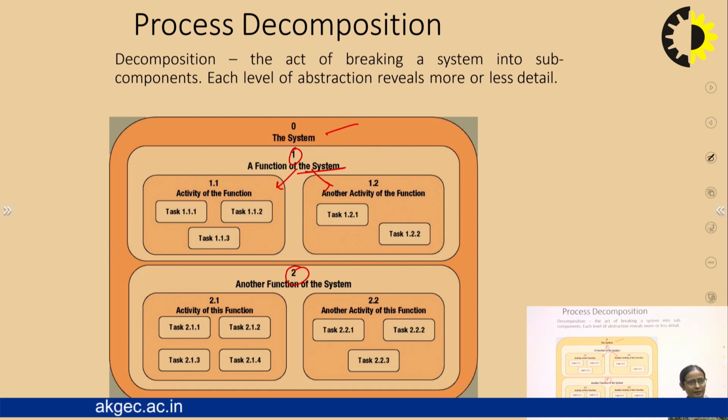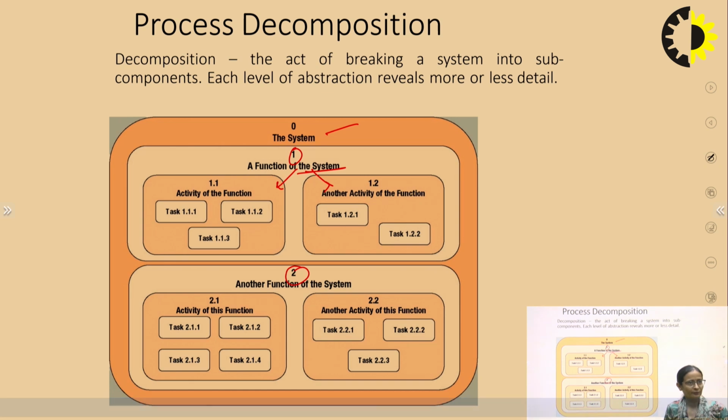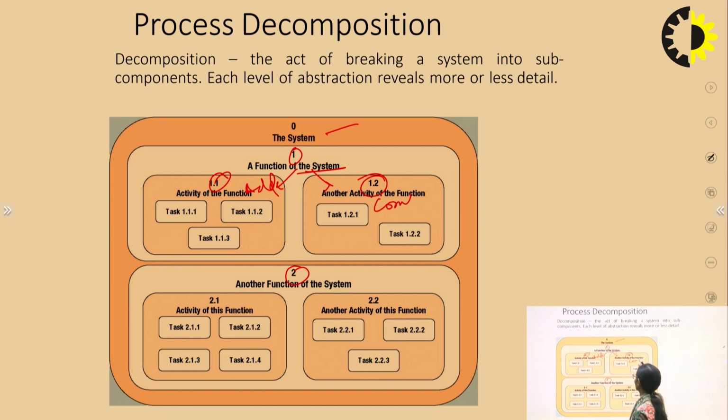First, I am calculating the salary, and in the other function, I am checking the constraint which I want to apply on the salary. So my 1.1 becomes my addition part, and 1.2 becomes my comparison part. Now the addition and comparison parts may be further categorized into another level, and these are termed tasks, denoted with 1.1.1. That is the notation we use in DFDs to number them.